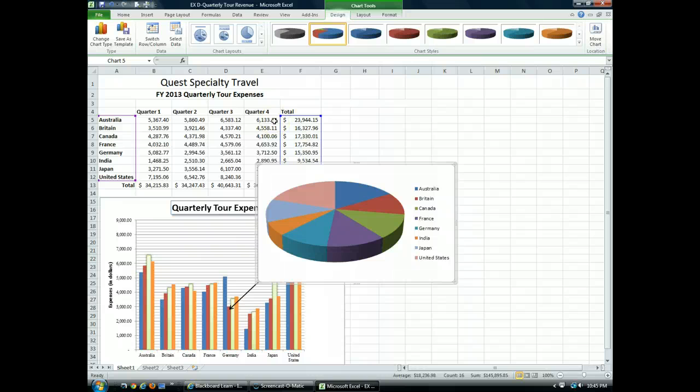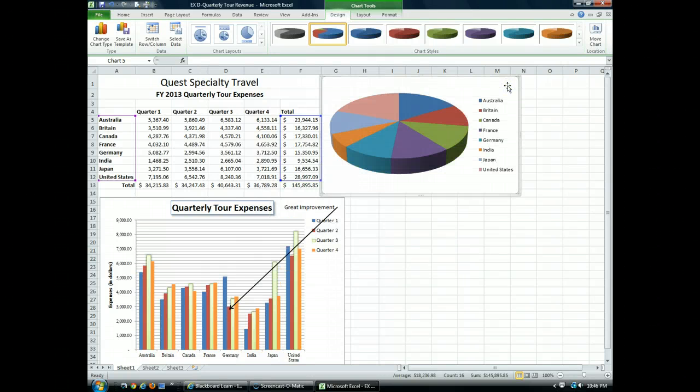Now I want to move the chart a little bit further to the right. So I'm going to drag the chart over so its upper left corner is in cell G1. Notice I want to make sure I'm dragging the correct part of the chart. It's best to make sure you're clicking outside of any of the chart objects when you want to move the whole chart. So I'm going to drag and I want it to be located here for cell G5. Also, so you can see the whole chart,